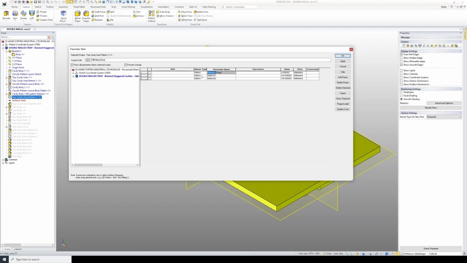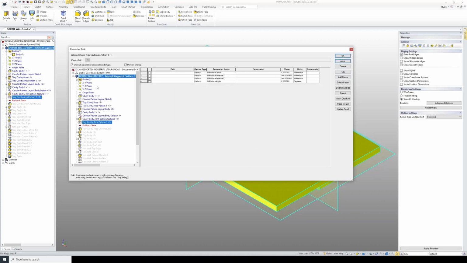Just going to Control C, Control V. Now I'm going to add a new parameter, Control V, angle, select angle. The value is not important at the moment. Apply, and now I'm going to link the select